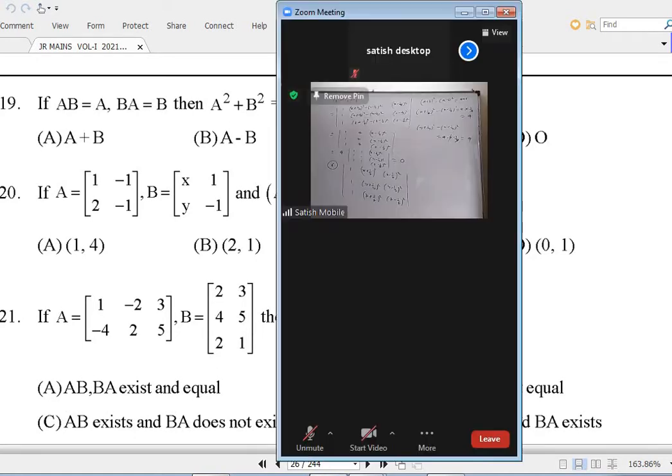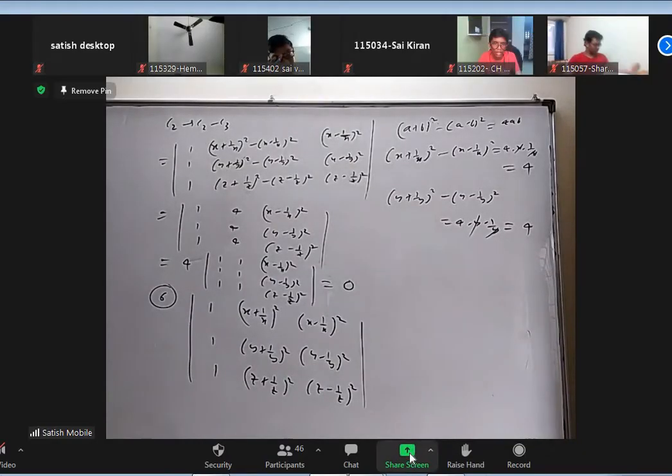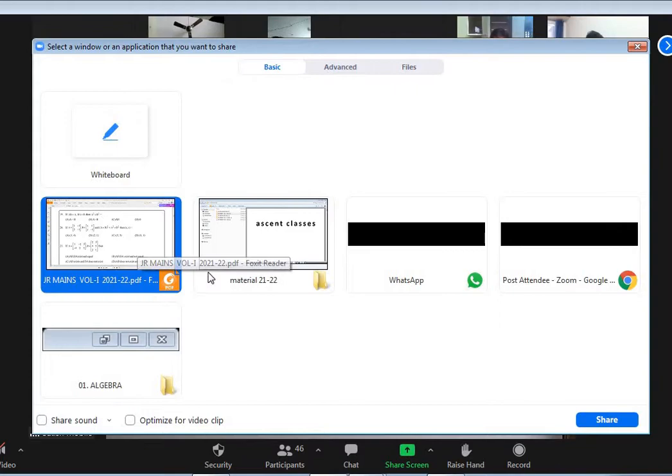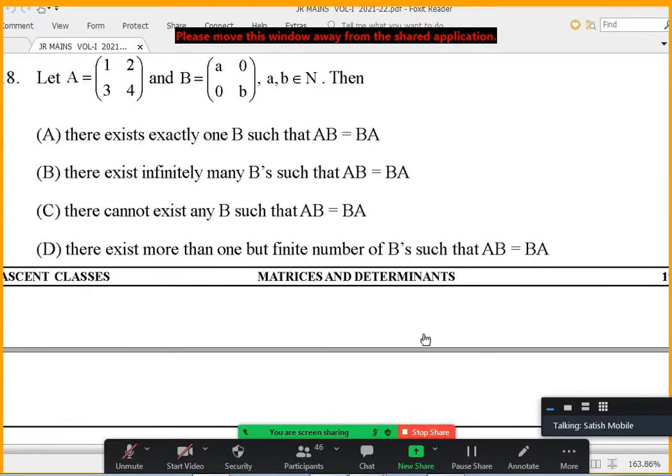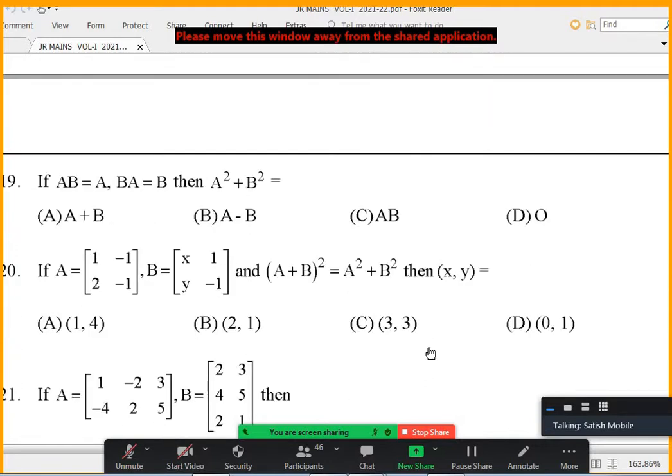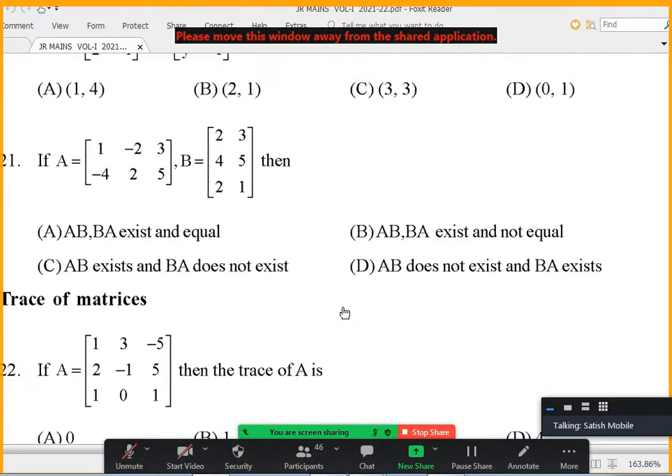Sir, but there are still some questions in even numbers. You told that you will explain some option confusions there. Yeah, that's why I'm showing you even numbers. So up to 20, even numbers also I discussed doubts. Am I correct? Yes, sir. Okay, so up to 20 I don't have to discuss.